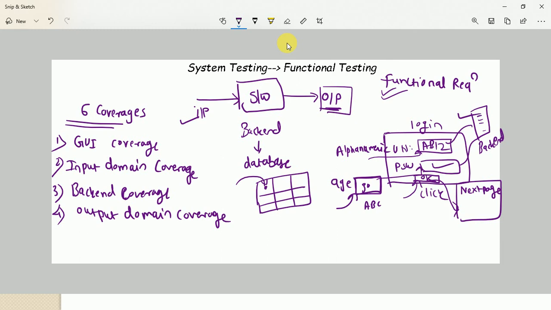Let's say in terms of any kind of new page or any kind of pop-up, anything, right? But we need to verify that output. That output should be stable, output should be correct. Any end user cannot change that output window, right? We need to take care of all those details for that output, clear?